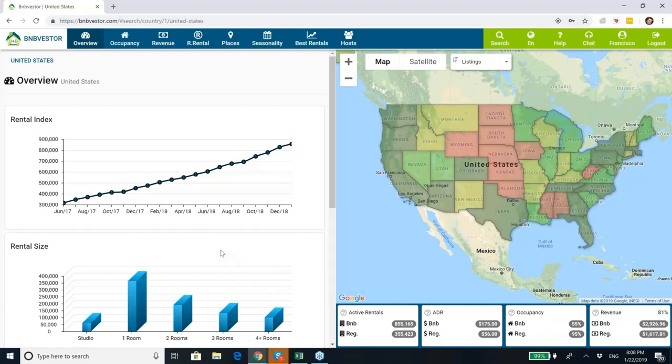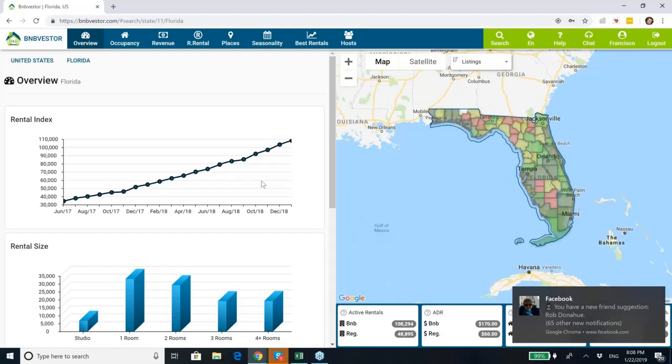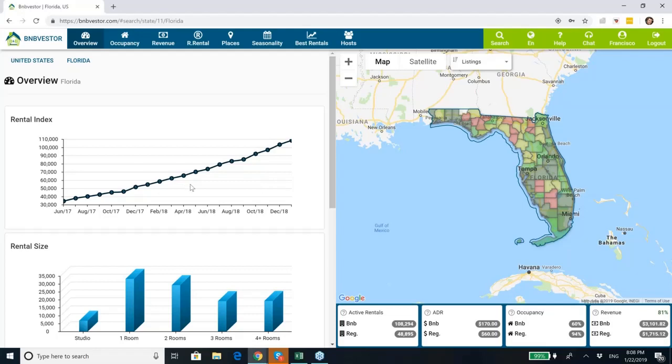Okay, knowing that, I'm actually going to go to a specific state. I'm going to select Florida because it's the place where I live. We can do some more examples in other areas in a little bit. As you can see here, every time you go to a selection, the system draws a map, and in that map everything changes to the colors that belong to that specific map. And the numbers down below the map are the ones that belong to that specific area, meaning that